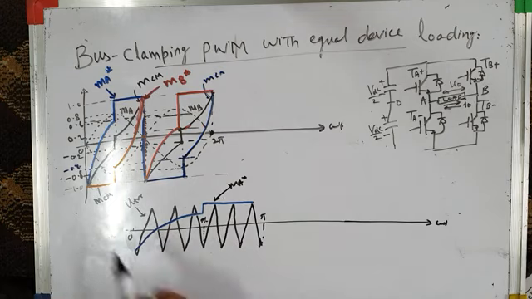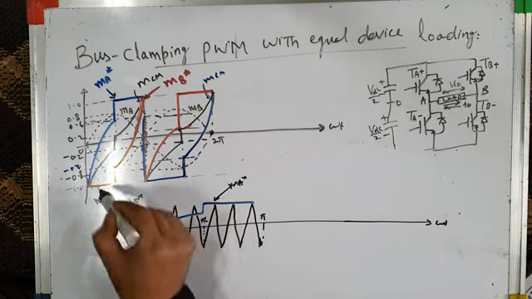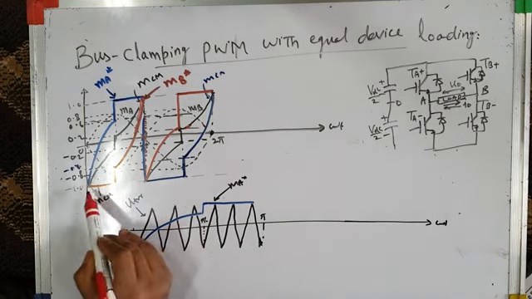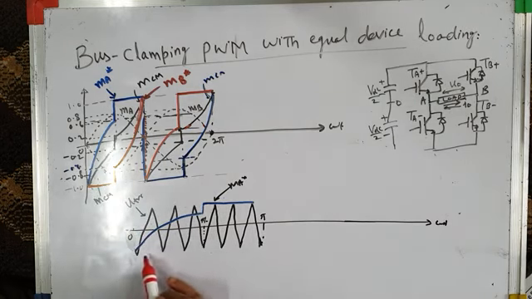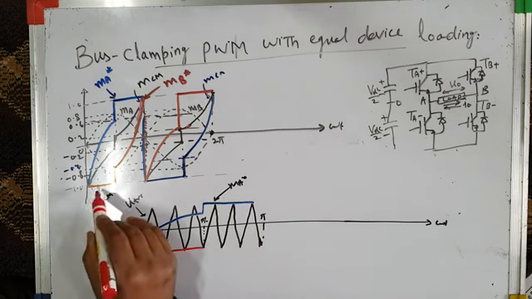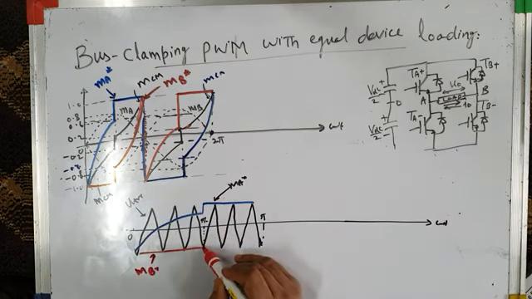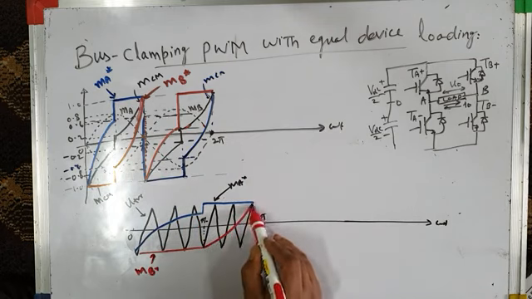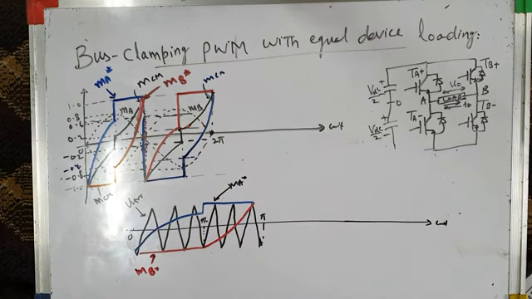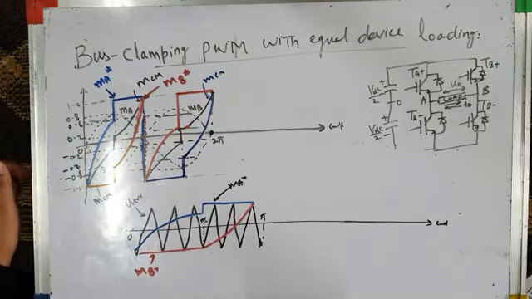And what about MB star? This is my MB star. From 0 to 90 degrees, its amplitude is minus 1, and then it increases sinusoidally like this. Okay. So from here, if you draw the pole voltages,